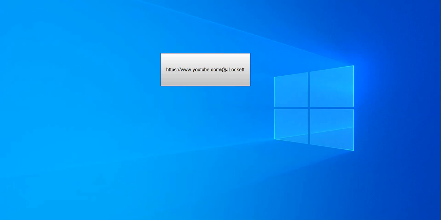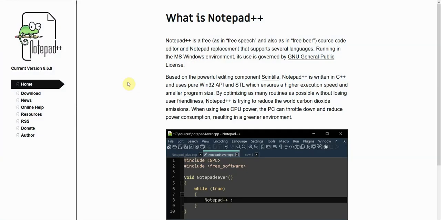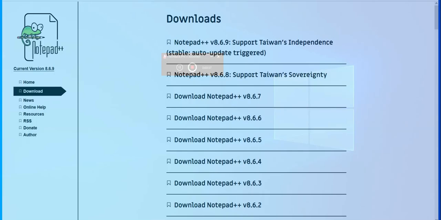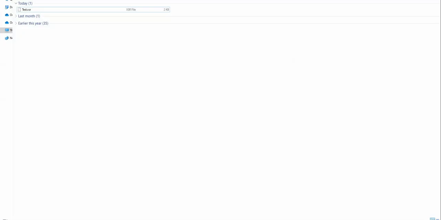So first you're going to go to notepad++.org. I'll put the address in the link and download the latest version. So this would be the one at the moment. Okay. After you've installed that, we're going to go to our